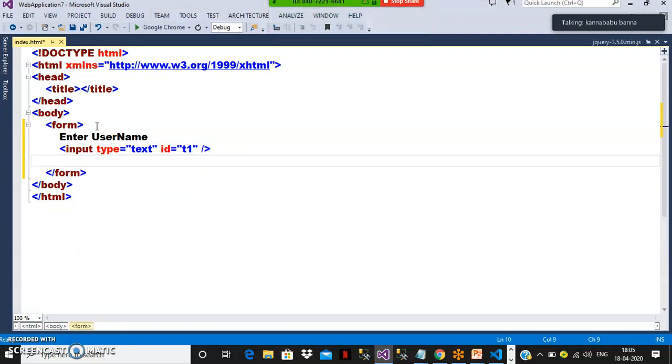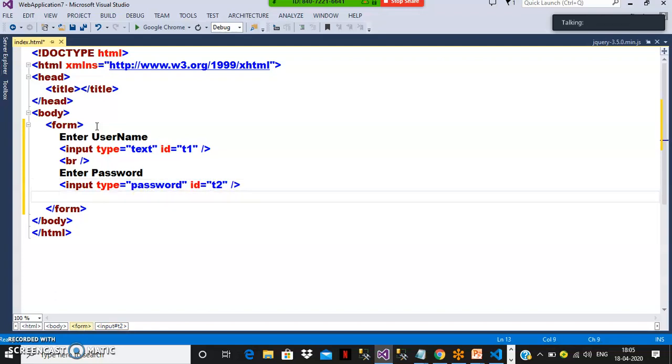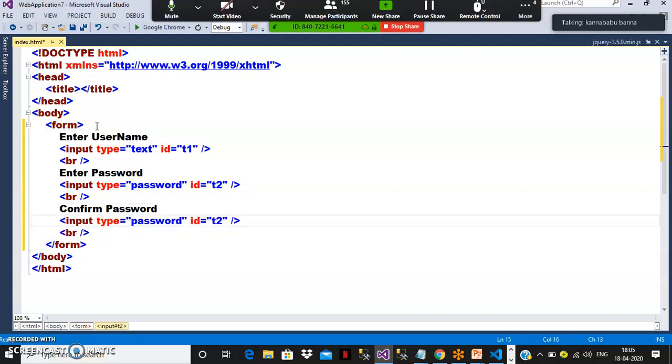Go to the next line and write enter password, with input type is equal to password, ID is equal to T2, a password text box. Similarly, on the next line, give confirm password, with input type is equal to password, ID is equal to T3.